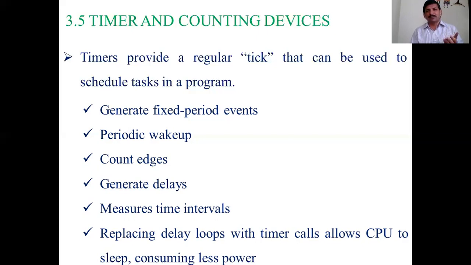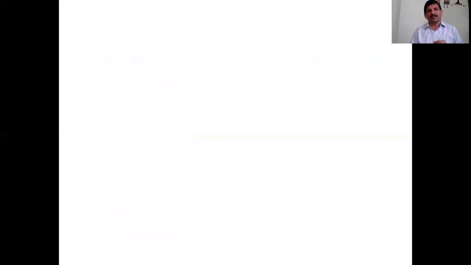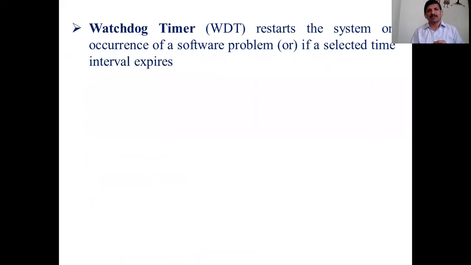So there are different types of timers available in embedded processing elements. One is the watchdog timer. This watchdog timer continuously monitors the system periodically, for every 32 milliseconds. The TM4C123GH6PM microcontroller checks whether the system, whatever it is designed for, is working in the desired manner or not. If it is not working, this watchdog timer generates the reset signal.